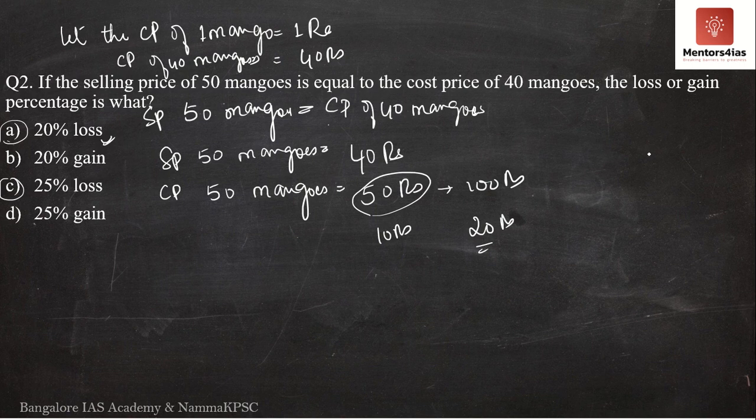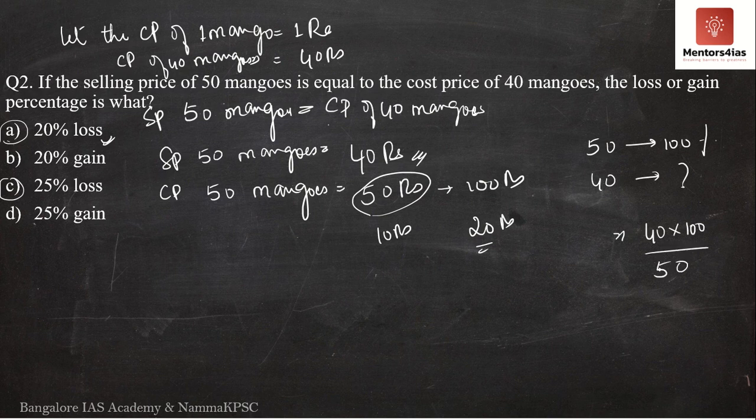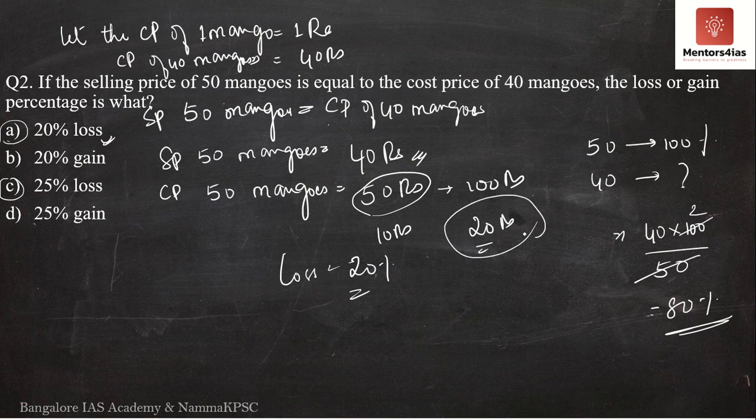However, for the sake of completing the question, we will take 50 rupees to be 100%. Then what is 40 rupees? What is selling price? We get 40 into 100 divided by 50. 50 2s are 100. 40 into 2 is 80. It is 80%. Selling price is 80%. Then what is the loss percentage? Loss percentage is nothing but 20%, right? The difference between 100 and 80 is 20%. Therefore, the correct option is A, 20%, as I had mentioned earlier from here. The correct answer is 20%. The correct option is option A.